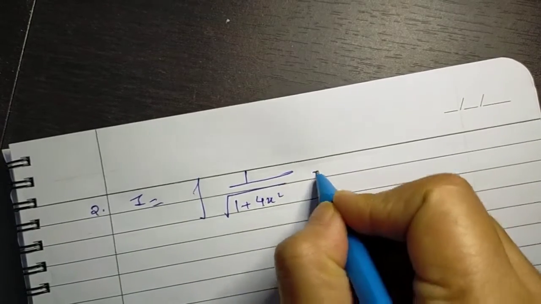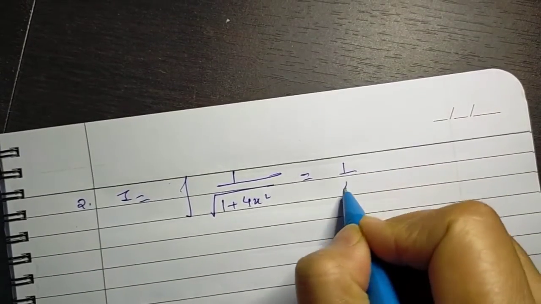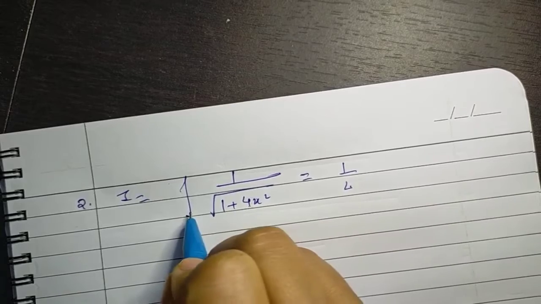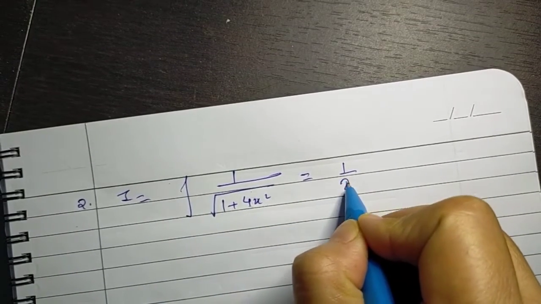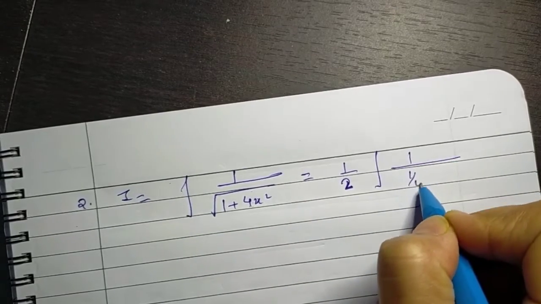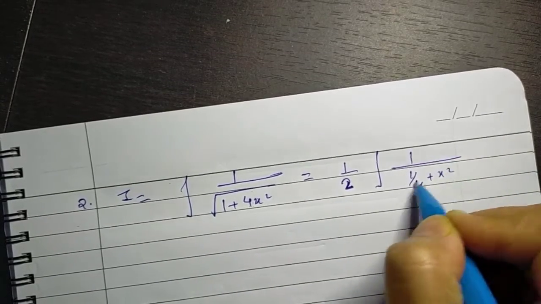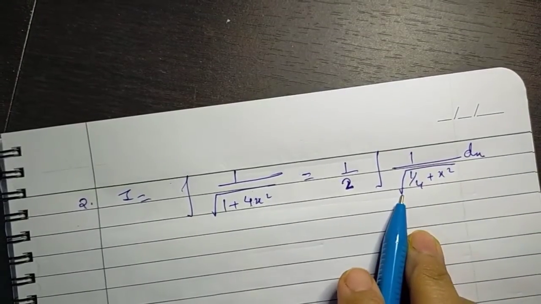So easiest is just first remove the coefficient. And how do we remove the coefficient? Square root of 4, when you take it common out of that square root, it will come out to be 2. What will we be left with? 1 upon under root of 1 upon 4 plus x square into dx. Now we deal with this result.